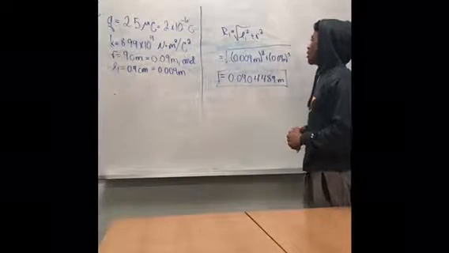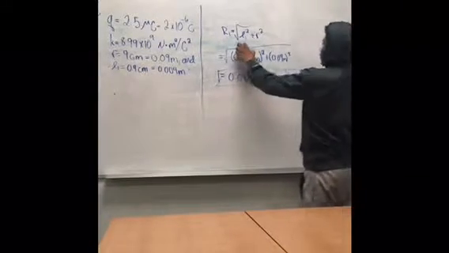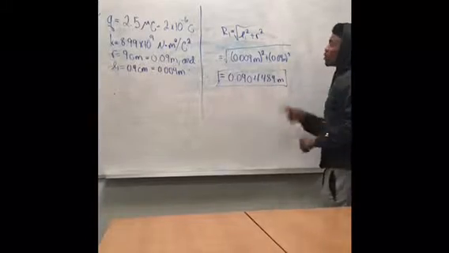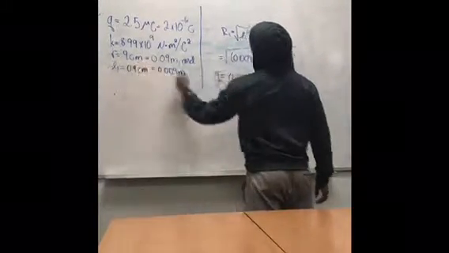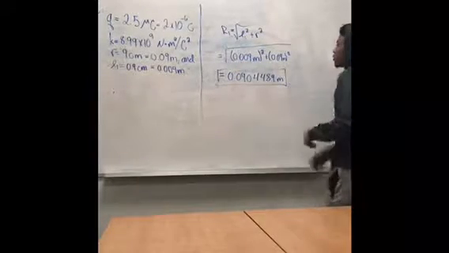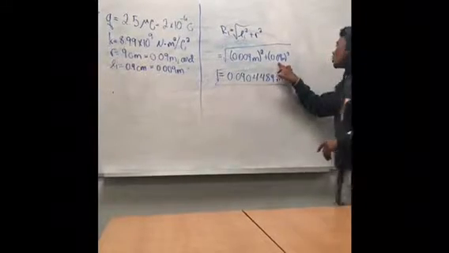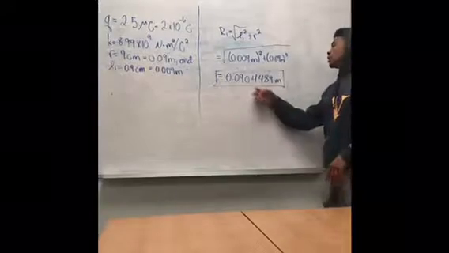Alright, so first things first, in solving this problem, we have to start off with this equation, which is trying to find R1. R1 is going to equal the square root of L1 squared plus R squared. The givens are L and R, so you just plug it in, which is 0.009 meters squared plus 0.09 meters squared, and it's going to equal